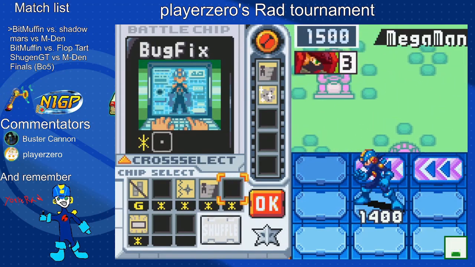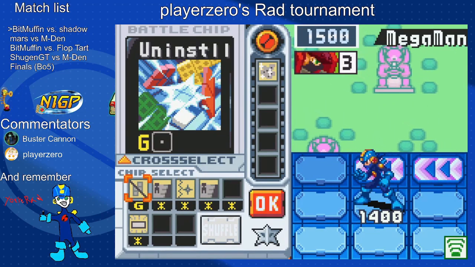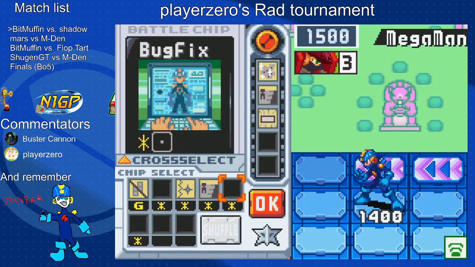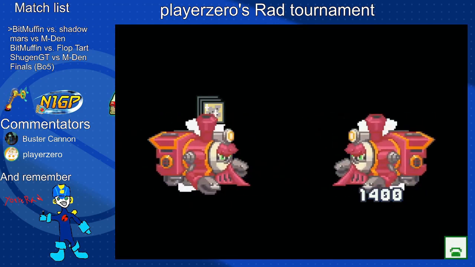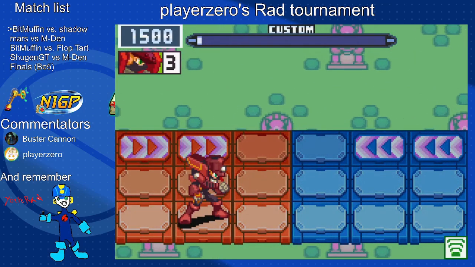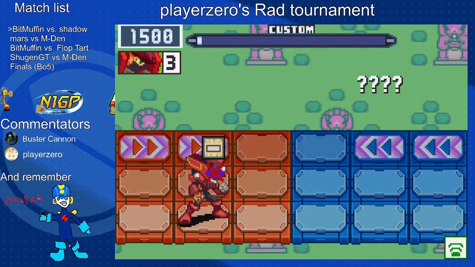Ooh, so very early Bug Fix. Yeah, and a full Custom. It's a very advantageous position. So with area grabs, I think for BitMuffin it might be better to try to hold on to these area grabs. Even though they do have 5, each area grab can be very valuable, as we saw last game. So instead of using it a bit early now,